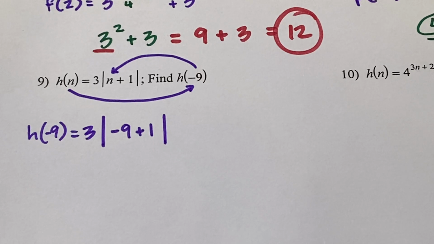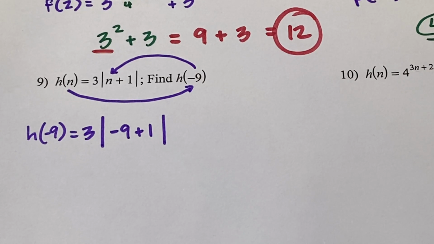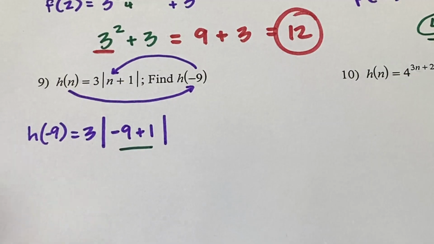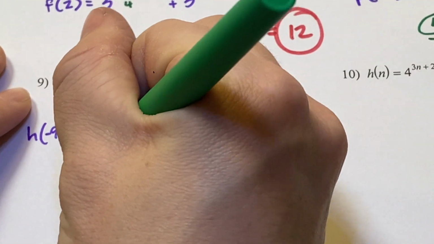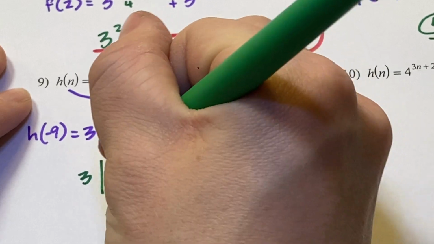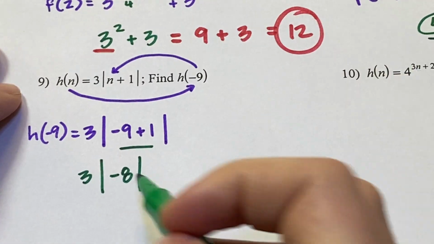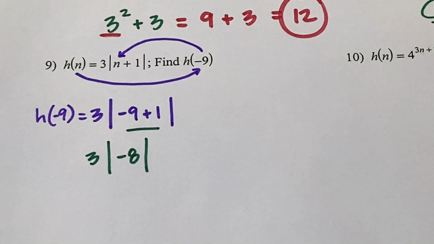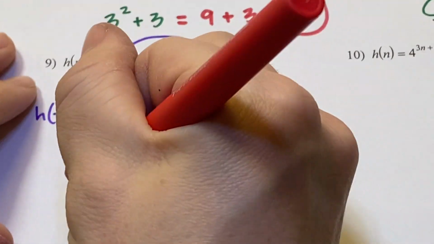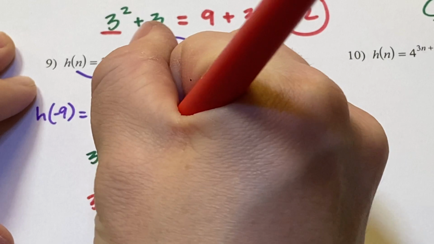Okay, we need to figure out what's inside our absolute value first, right? Those act like parentheses. Please excuse my dear Aunt Sally. So, what is negative 9 plus 1 on the inside of my absolute value? Negative 10. Ooh, super close. Negative 8. Okay, so we have 3 times the absolute value of negative 8, but it's an absolute value. Negative 8 turns into what? Positive 8. So our final answer is just going to be 3 times positive 8,